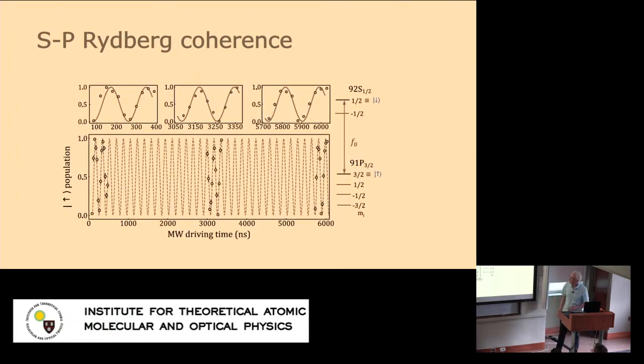We also saw that we could prepare a single atom in the cloud very nicely, again by Rydberg blockade, and that we drove within the cloud with microwaves a transition between 91p3/2, where we prepare, and 92s1/2. We see these nice Rabi oscillations between the Rydberg states. So this means that the coherence properties of the Rydberg level are actually not affected, even though we have it in a sided ensemble of a few hundred atoms that are otherwise in the ground state.